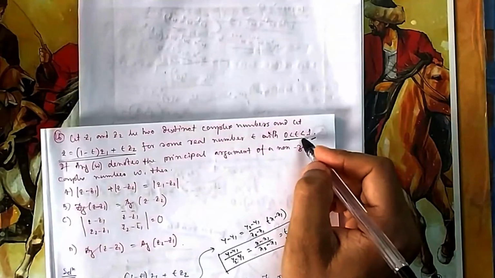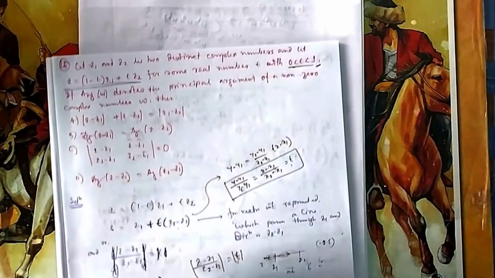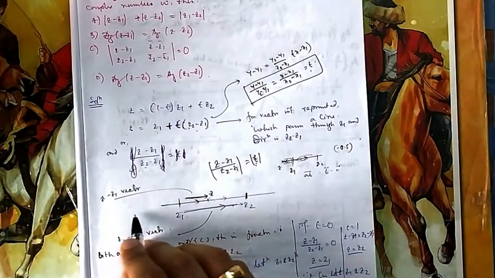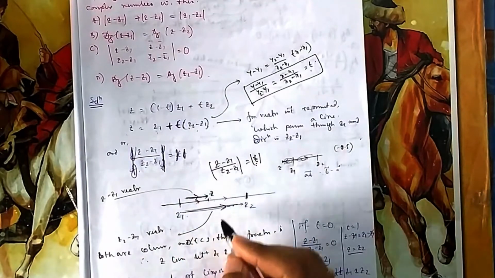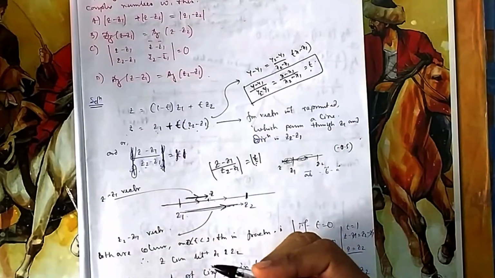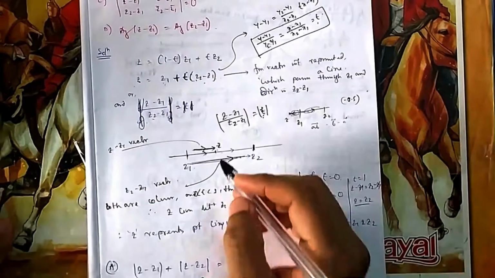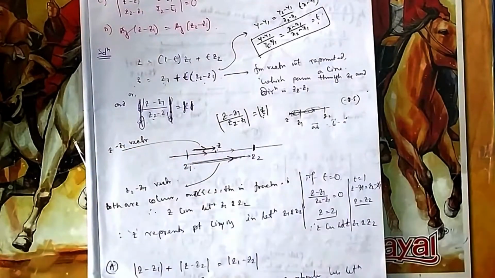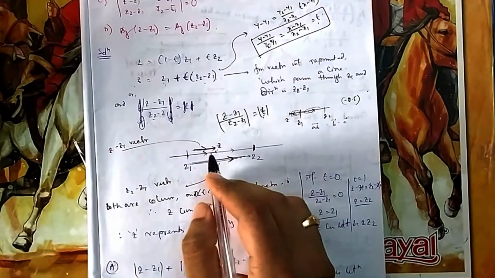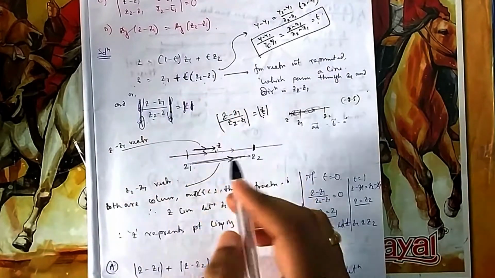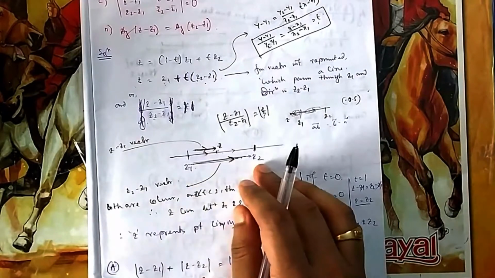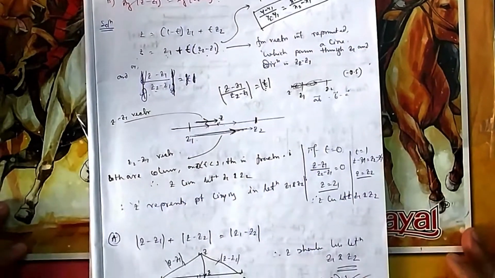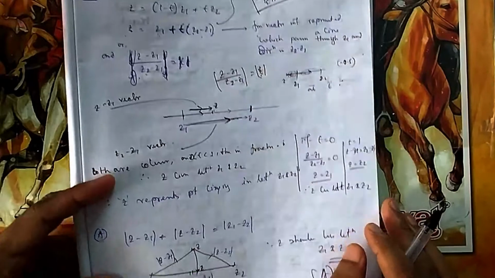But in the question, t cannot be negative. So this division also cannot be negative. So z cannot go that side also. So z should come in between this. Both should have the same direction. Then if you divide, it will be a positive number because it is a vector. You have seen parallel vectors, the division will give you real numbers. Okay, that means you have cleared this one, that in this question your z can go in between z1 and z2. So with that concept, we will start doing one by one.